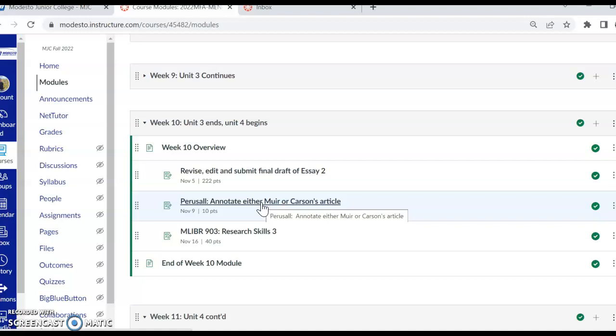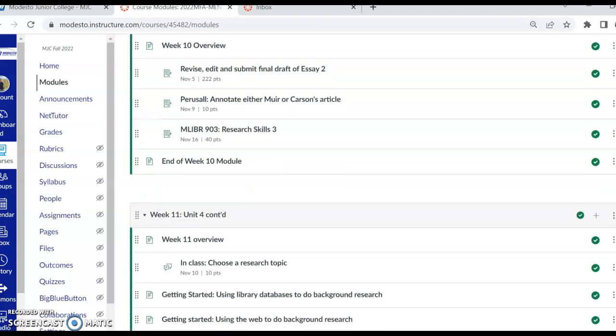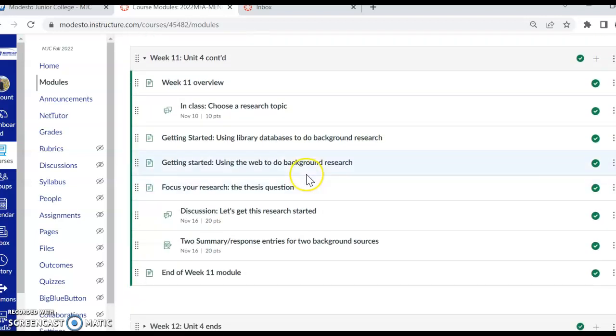The reading was meant to get you thinking about a whole bunch of different possible research topics. He writes about deforestation, and she writes about pesticides, but there are other topics embedded in those articles. Plus, there are dozens of topics embedded in the previous articles you've read. Then in week 11, I had you